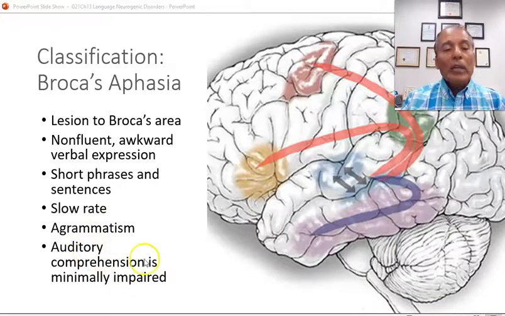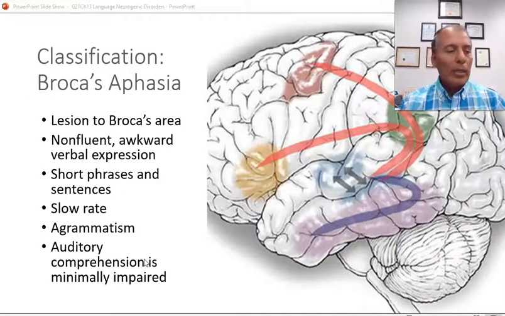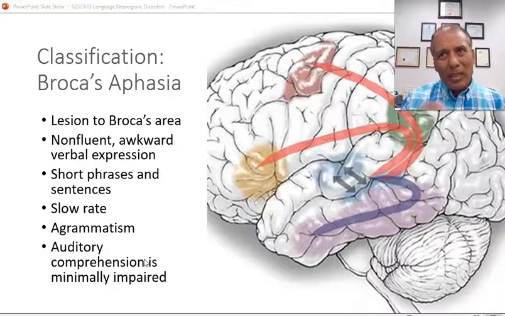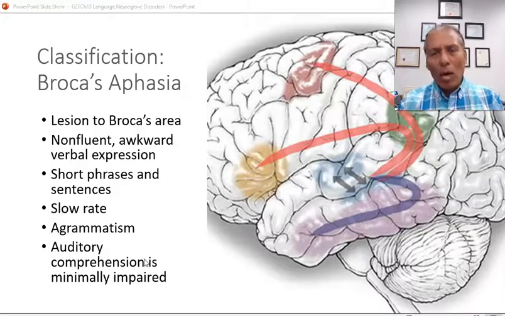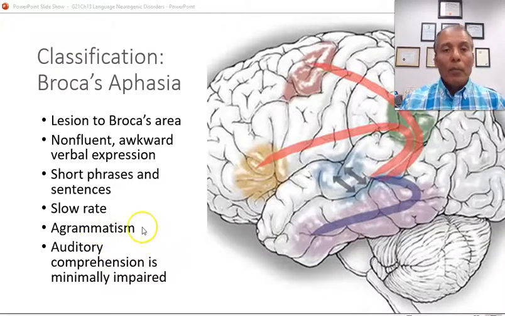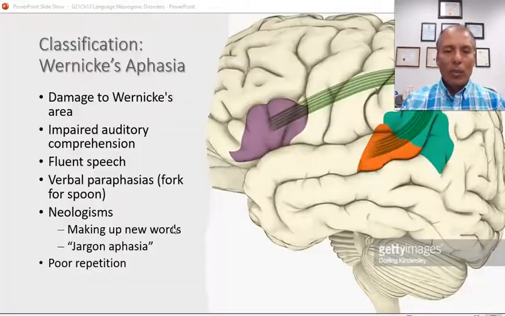They have difficulty, but generally they are able to comprehend sentences and speech. However, if you say a sentence that's complicated linguistically, they will start to struggle, like this: The girl ate the fish that the man caught yesterday. So that is more complex: who ate the fish, who caught the fish. They would have difficulty understanding that. But they can understand simple, direct sentence forms.